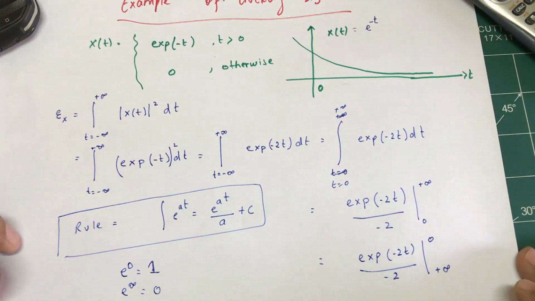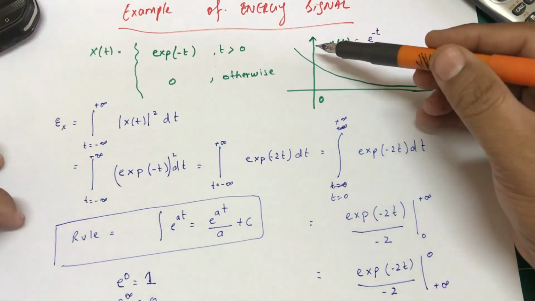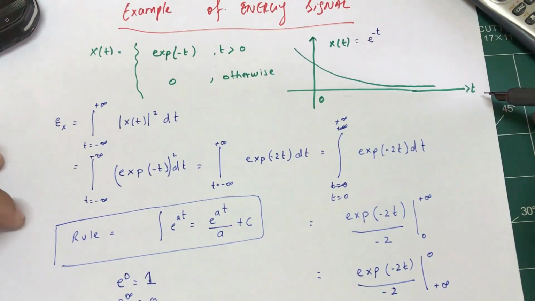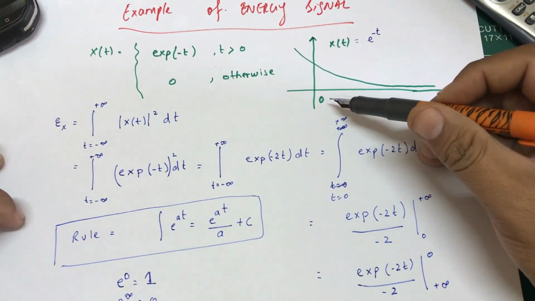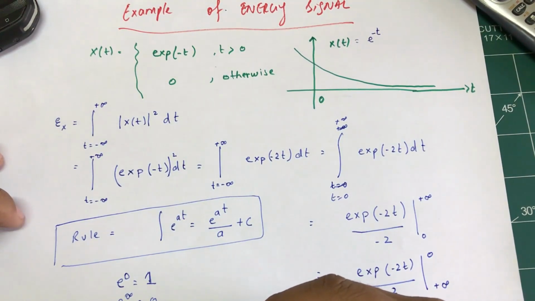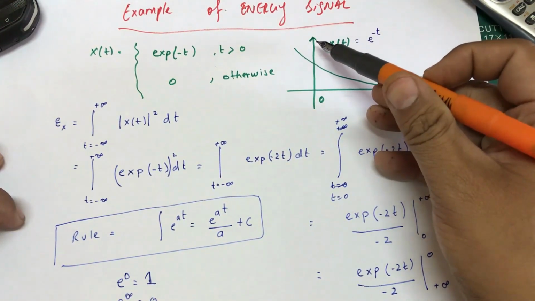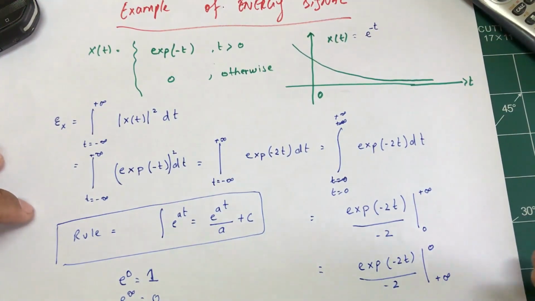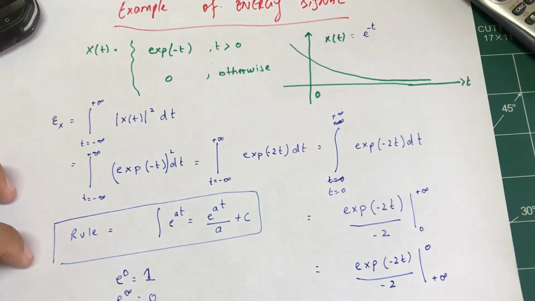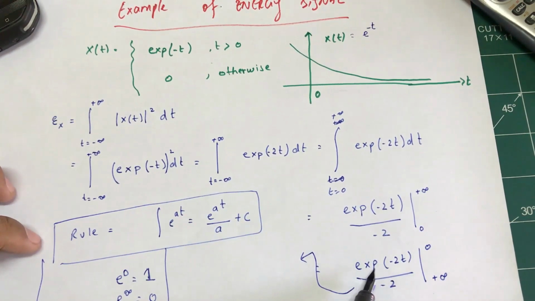Why? Let's look at the graph. If you look at the graph, as t gets bigger and bigger, this signal tends to go to 0. That's why we have this condition. At 0 it is at its maximum position. So once I apply this, I'm just going to bring this out here and solve it here. e to the 0 would give me 1. So once I apply this here, I can remove this, and I can make this a positive 2, since I've already flipped the limits.